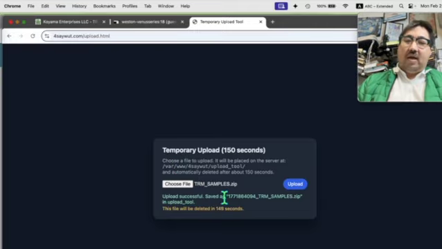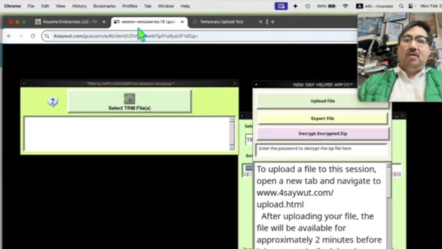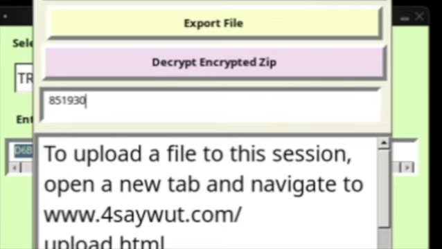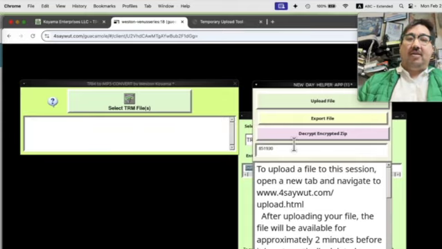Okay, so now we have this success message followed by a message that this file will be deleted very soon. So we can go back to the helper app, and what we need to do is enter the passcode of the zip file here. In this case it's 851930. That's the passcode of the zip file. We entered it into this text box, and then we're going to hit the decrypt encrypted zip button,